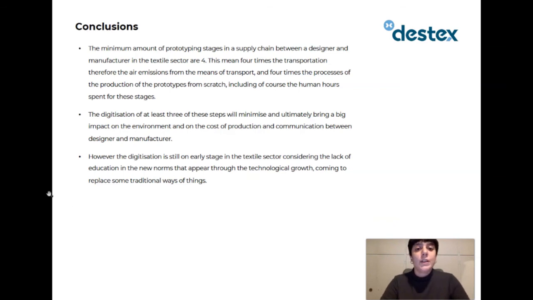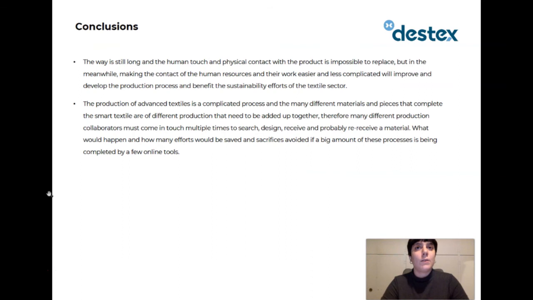In conclusion, in the textile and fashion industry, 3D technologies have come to minimize many steps in the communication between the manufacturer and the supplier. It is important to know the multiple stages that smart textiles or advanced textiles have because of their complicated process to make. So it is very interesting to think what would happen and how much effort would be saved and sacrifices avoided if a big amount of these processes were completed by a few